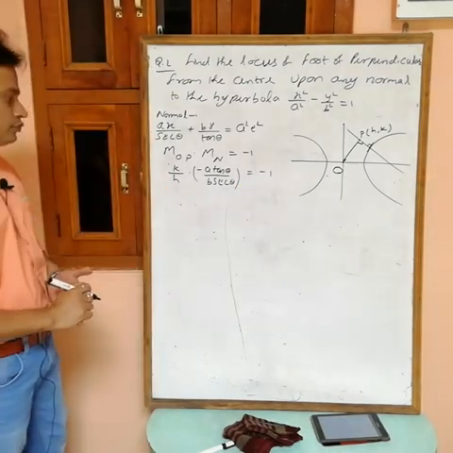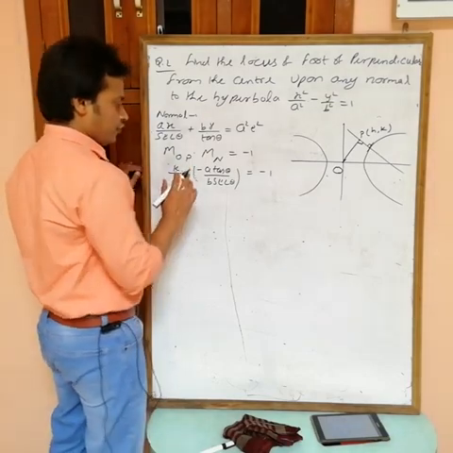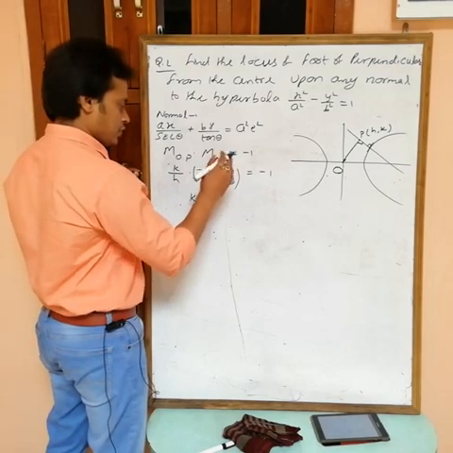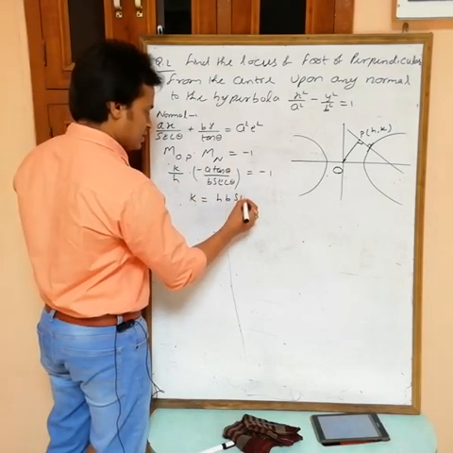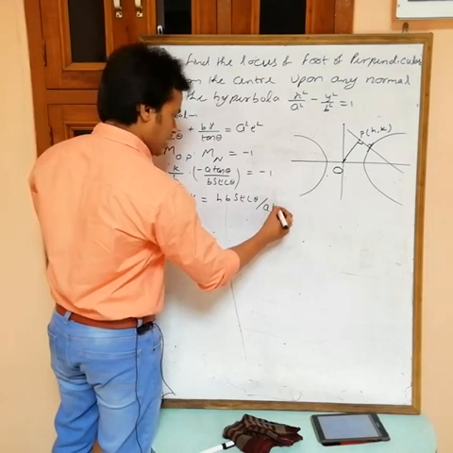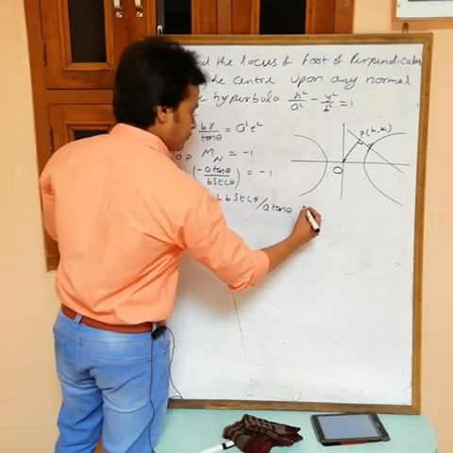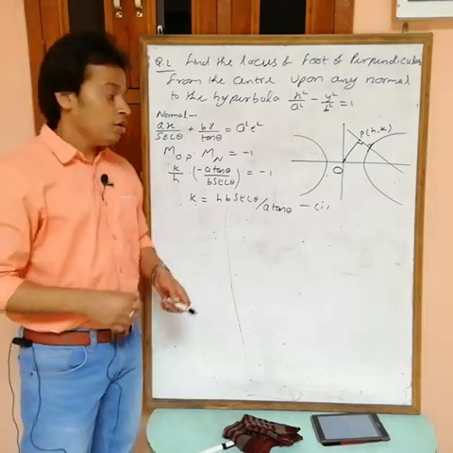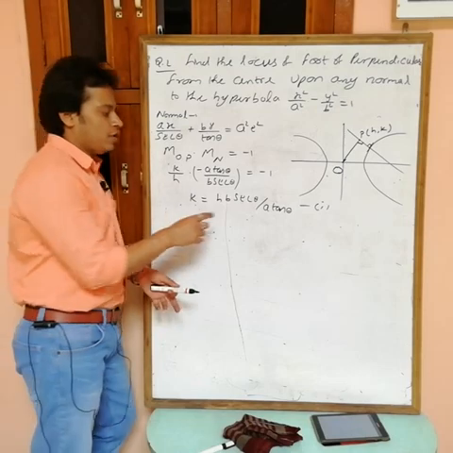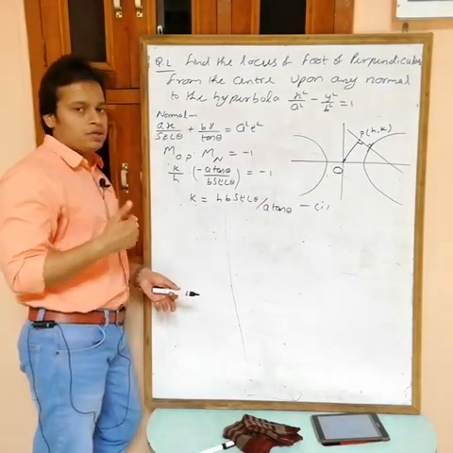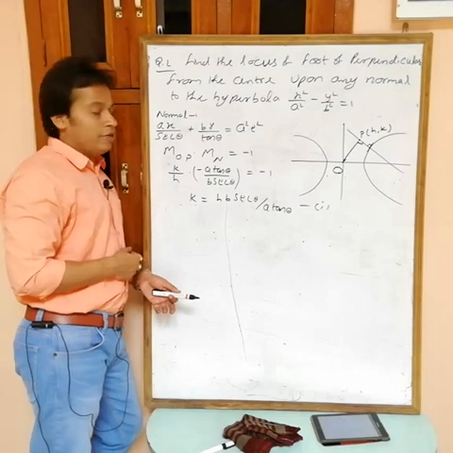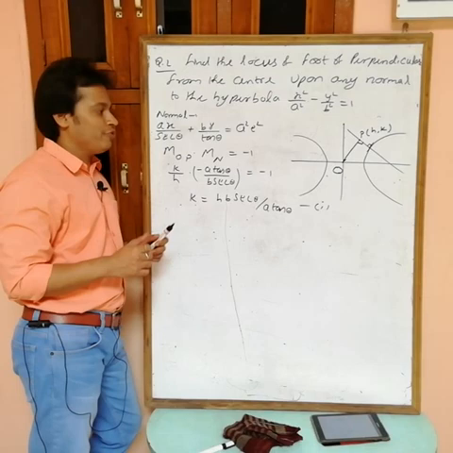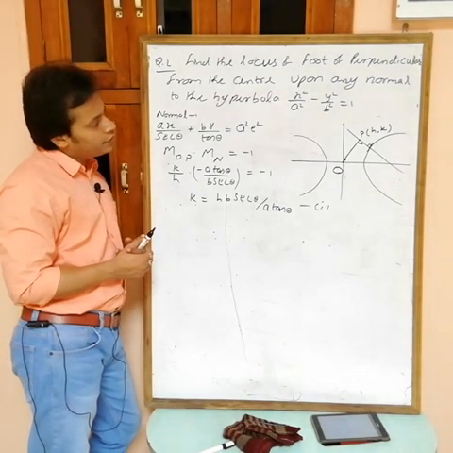Okay. Now from this one minus will be cancelled out. I am finding the value of k. K is h b sec theta by a tan theta. Okay. Equation number 1. You want relation between h and k, na? Now to get relation between h and k, we can't allow sec theta, tan theta in answer. These are unknown values, na. So we want another relation also, so that by using two equations I can find the relation between h and k. Okay, how can I get any other relation?